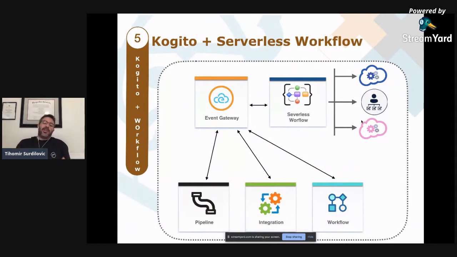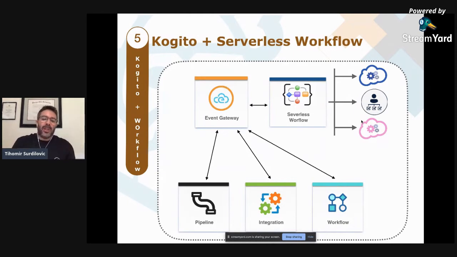Now, what is the big picture? What is a use case? We have to understand that with Kogito, and especially service orchestration or workflow orchestration, we're not trying to replace anything. We know there are already existing pipeline solutions and integration definitions; for example, Apache Camel comes to mind here. There are already existing workflow services running on your containers. You might be using those already. We're not trying to replace that. We have to find a way to fit into this.